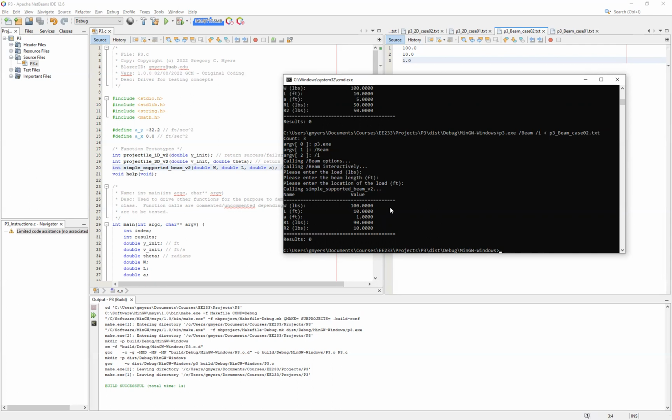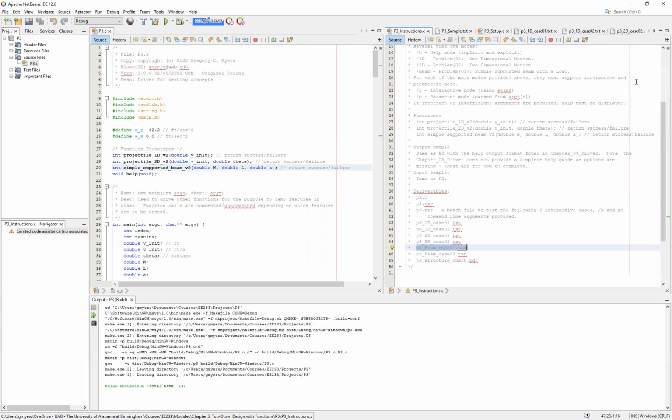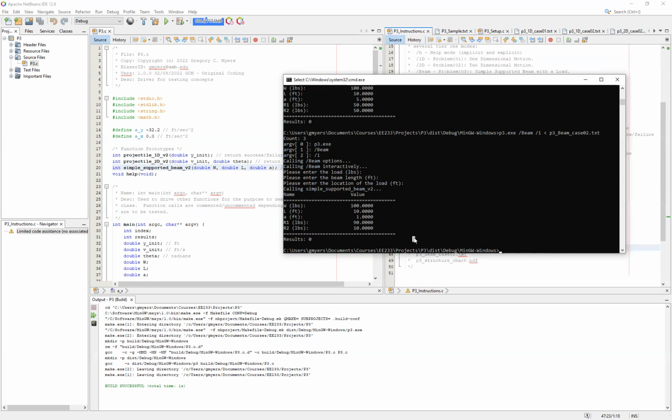Now, at this point, we have all of our text files set up. And if anything, what you want to do is go back to the instructions to see what else you need to provide. You'll see that I'm asking for a batch file. Well, to understand what a batch file is, we're going to go back to the command line and take a look one more time at all of our examples here, starting back with our P3 1D/1. And when we were piping the 1D